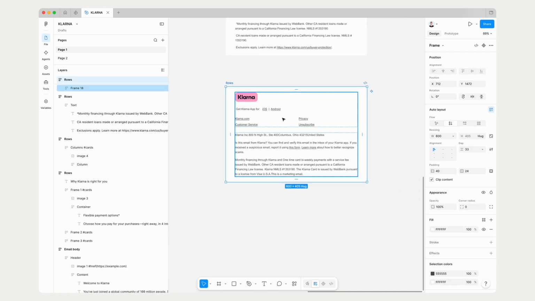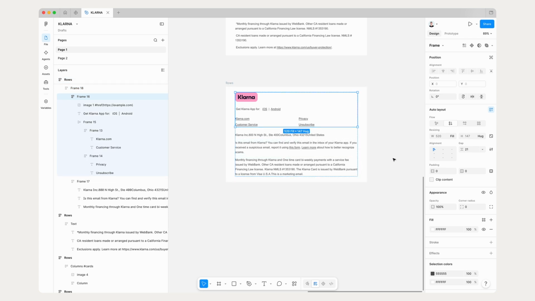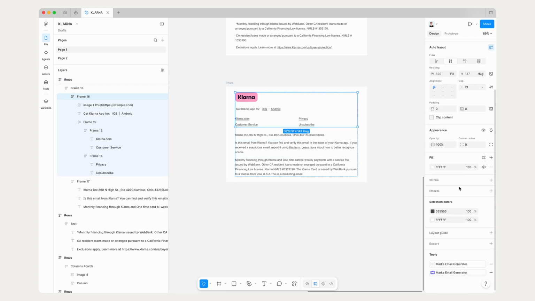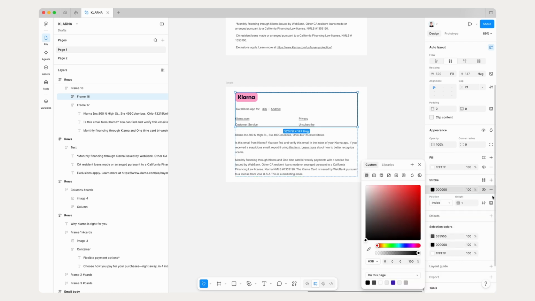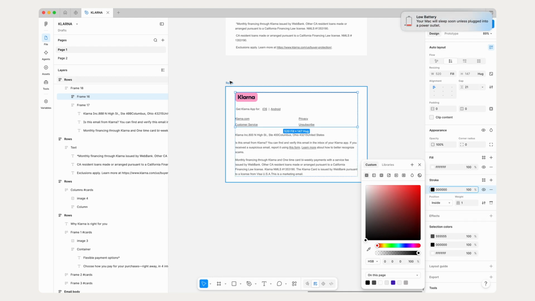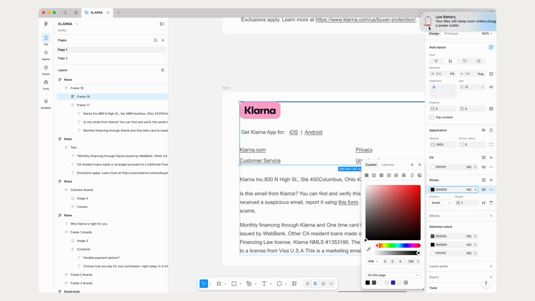and add a divider. To add divider, let's use Figma stroke. I select the first block, then I add stroke and select only top. And to add spacing between a logo and stroke, let's update